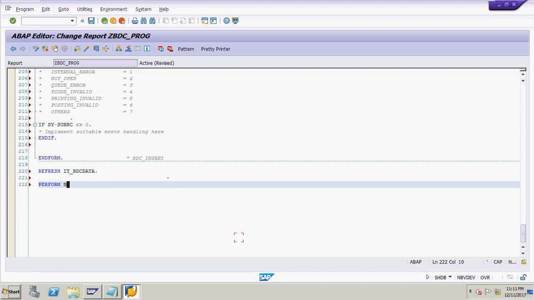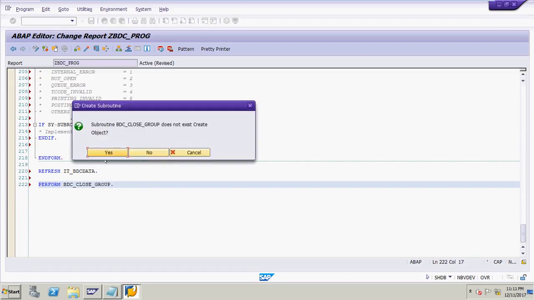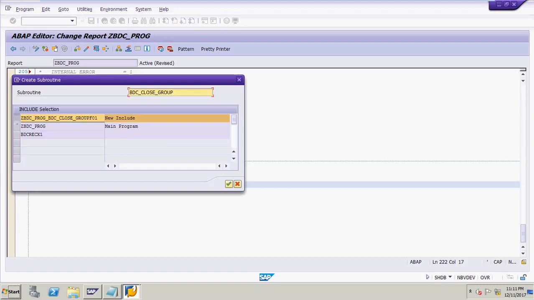Perform BDC underscore close underscore group. Double click on BDC underscore close group, yes button, and select this main program and click on continue button.